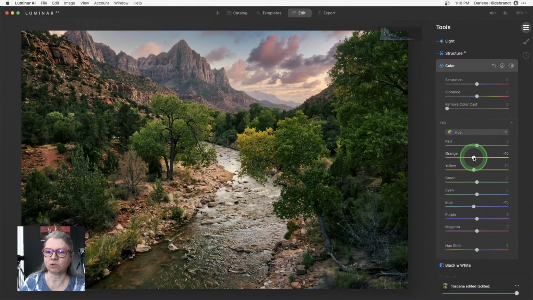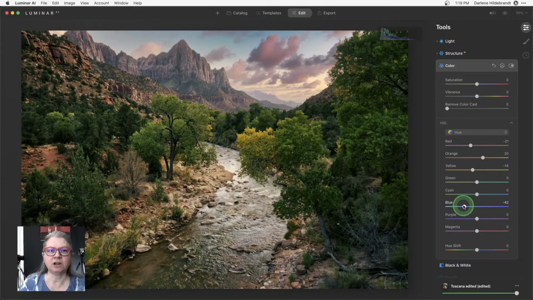So the hue allows me to shift colors. Okay, so I'm going to use orange as an example here because I think that these rocks and the ground are orange, but they look a bit more pink. So I'm going to shift it to the right, which is towards more yellow or green. And you can see that, in fact, this has shifted. Okay? Because that template was shifted more to pink, I'm just going to correct that one. And then let's just see what some of the others do. Okay, so yellow changes the foliage. So I'm okay with that one. Let's see what red does. Okay, so red is also in the land. I might give it a little bit more red.